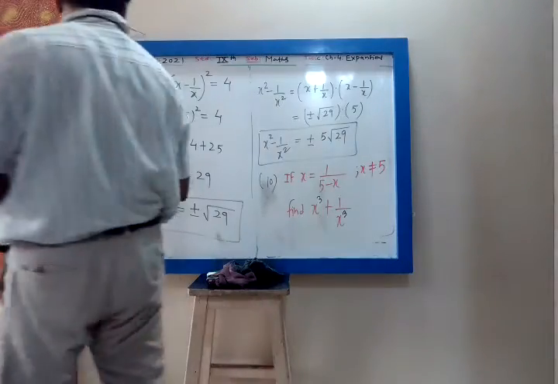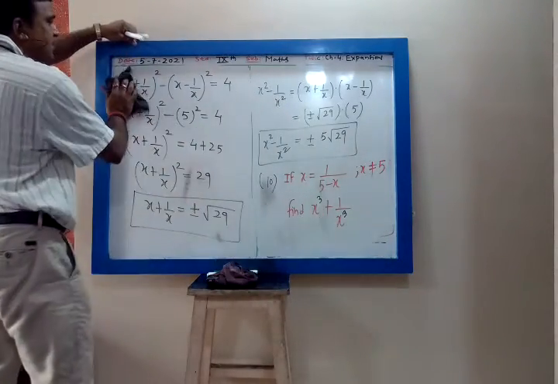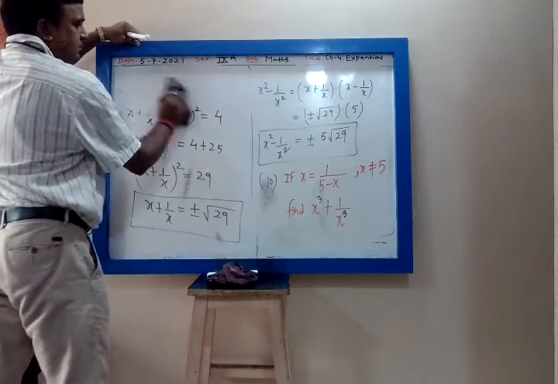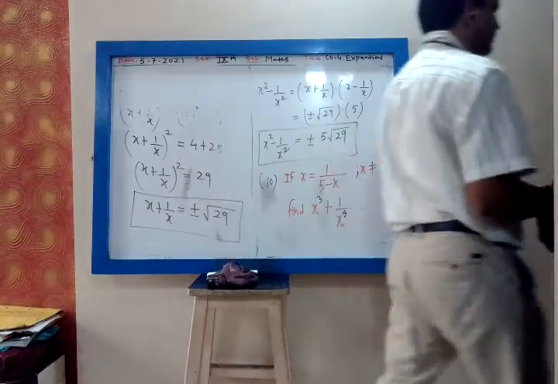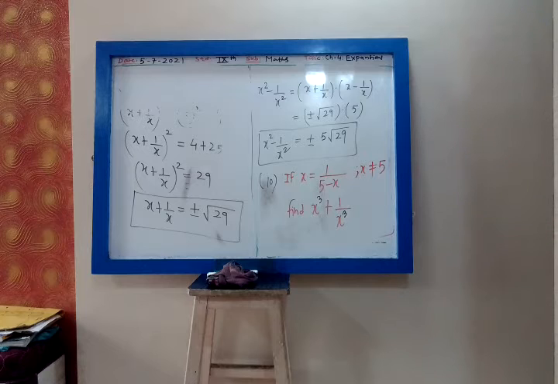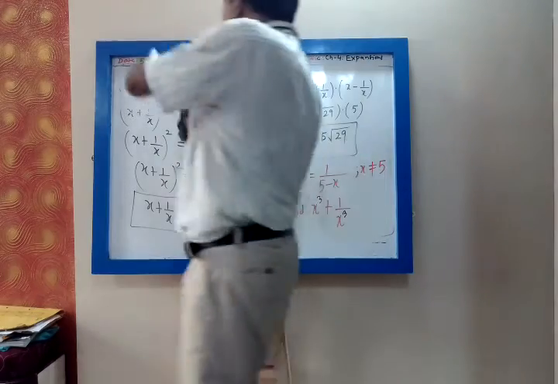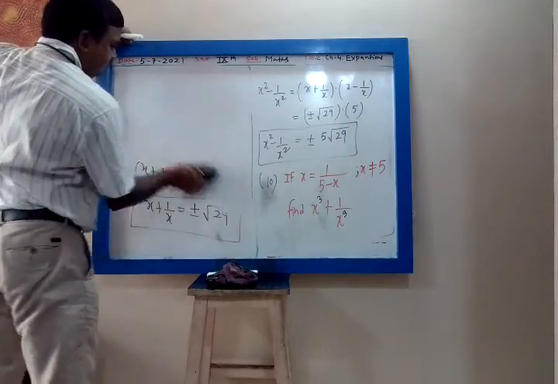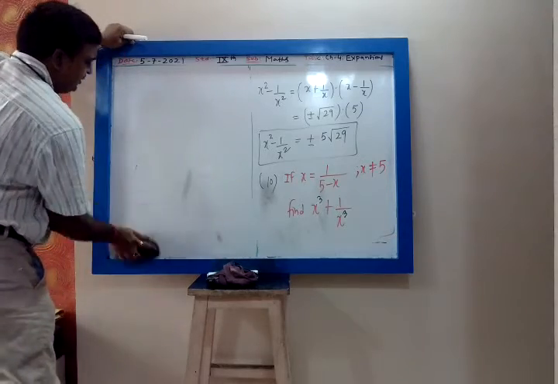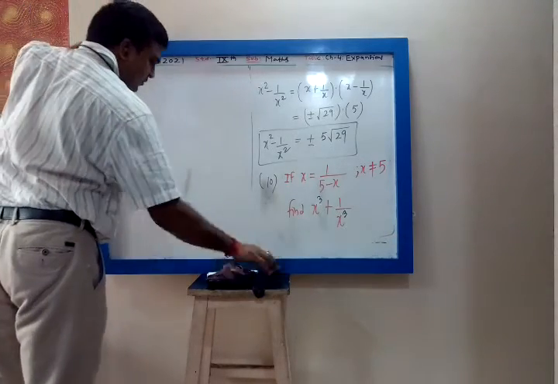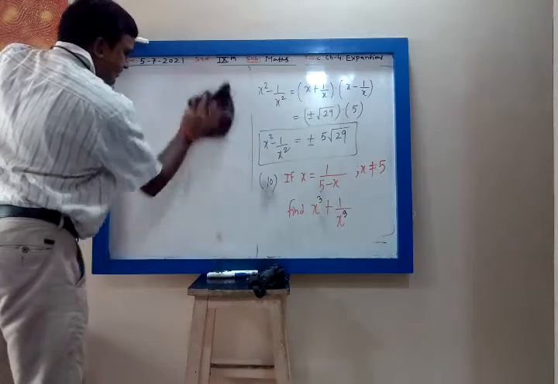But before that you have to find x plus 1 upon x, no, my dear. By simplifying that you will get the quadratic equation. Are you getting it? But to get x plus 1 upon x, you will divide by minus x. You have to remove that minus sign, no? Let me do the beginning part, then the further part I can give as homework, no problem.